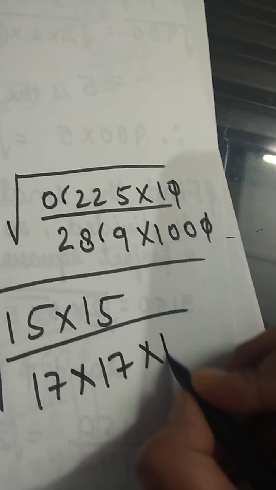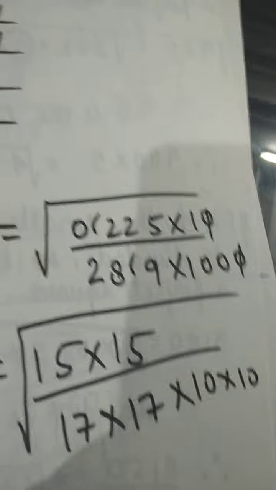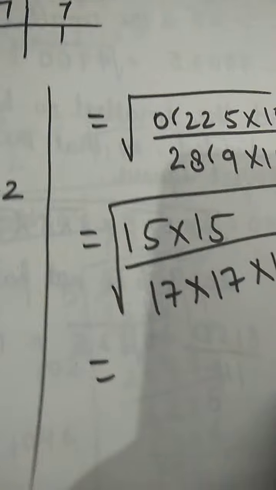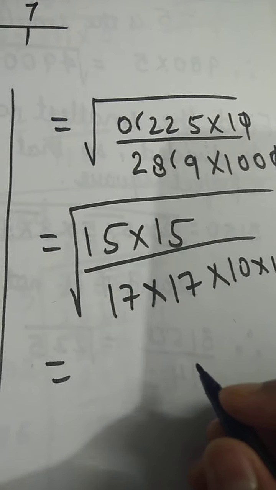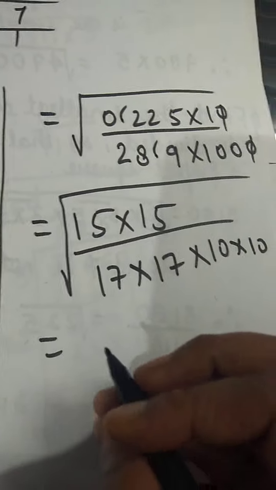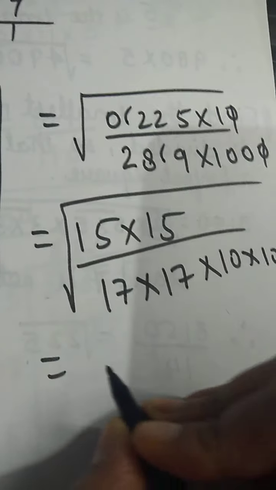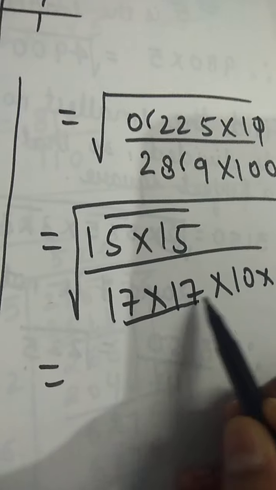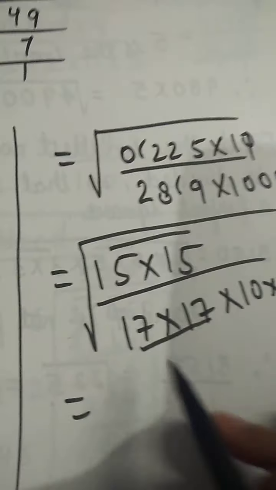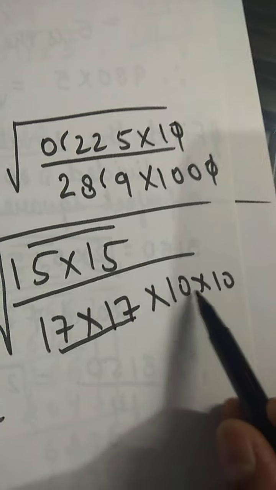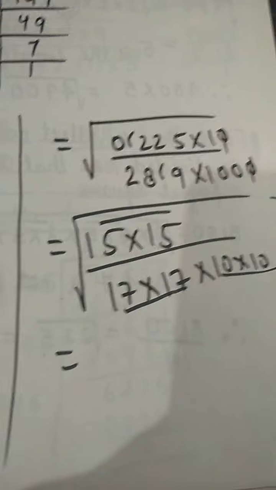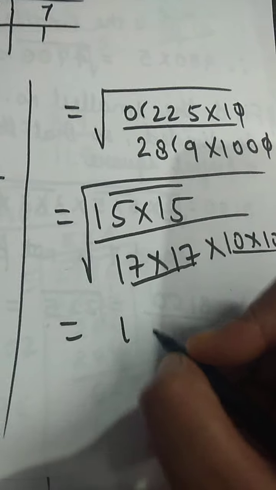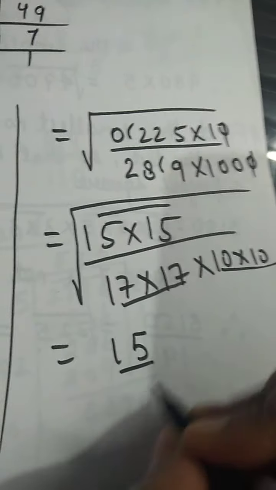We will split 100 as 10 into 10. Now we can see we have got pairs of numbers. We got a pair of 15 here, and we got a pair of 17 in the denominator, and a pair of 10 in the denominator as well. We will just unpair this, so it will be 15 upon 17 into